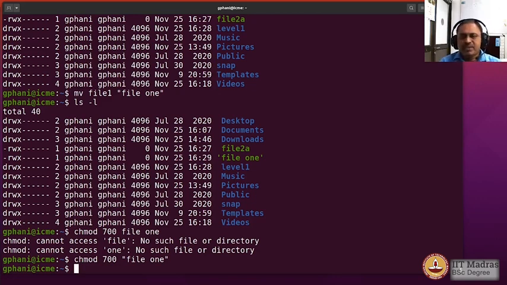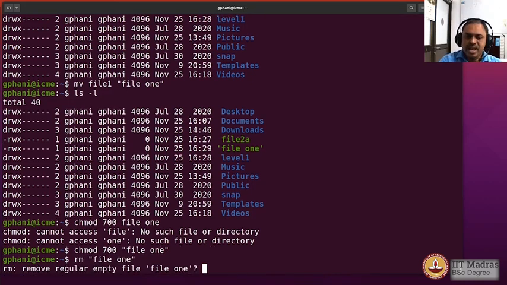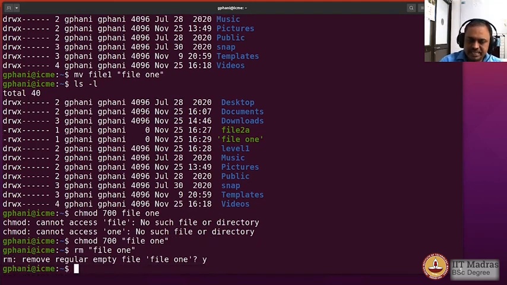Okay, now let us say we want to remove this file. There's a command called rm, using which we can remove files. rm file 1. It is asking me whether I should remove it or not, and I say yes. Normally, if you use it the very first time, it doesn't ask, because the default behavior is not to ask. I have made an alias for the remove command where I pass on the option -i.